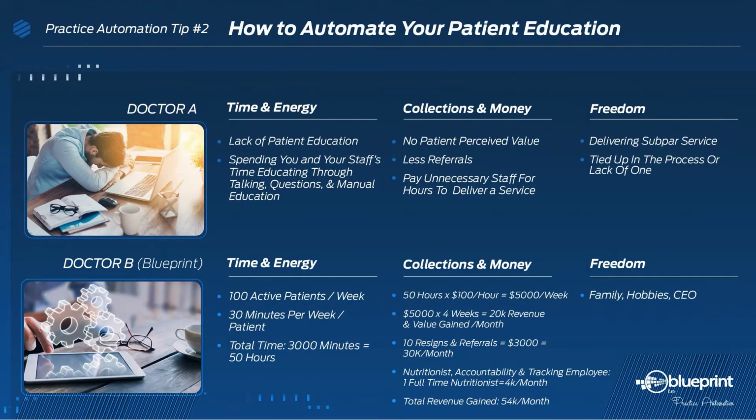Dr. B, 100 active patients, let's say 30 minutes per patient per week on average that you want to spend with a patient, either having them go home and do stuff or talk about it in the office to them, sending them home with articles, trying to find resources for them. Let's say 30 minutes per week. At 300, that's 3,000 minutes. That's 50